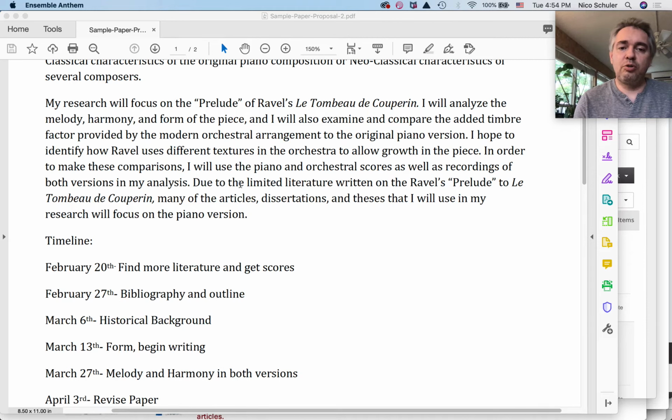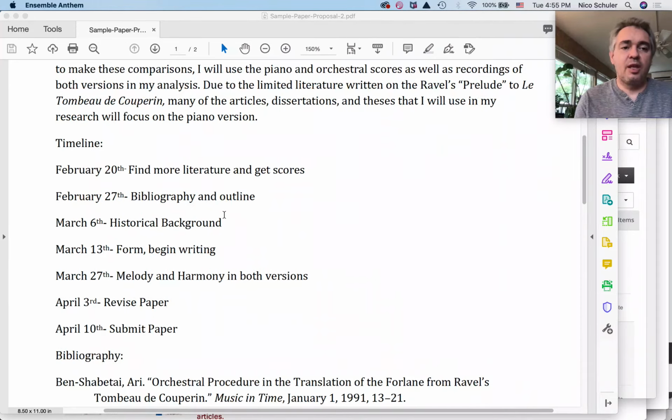Due to the limited literature written on Ravel's prelude to Le Tombeau de Couperin, many of the articles, dissertations, and theses that I will use in my research will focus on the piano version. Maybe that sentence is not quite as clear and can be made clearer. Anyways,